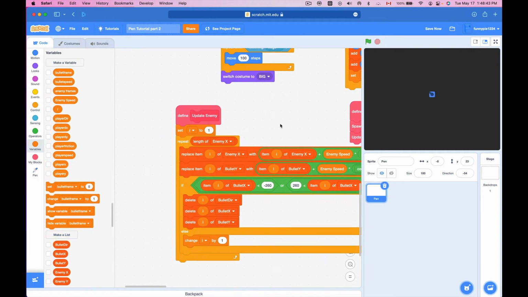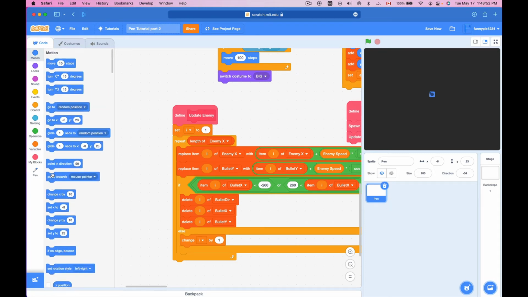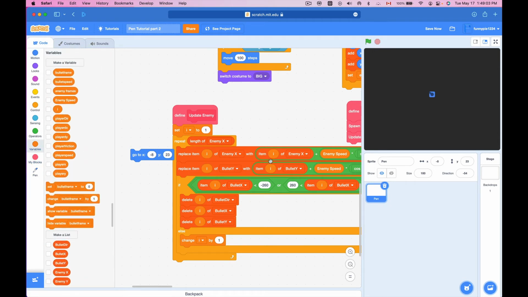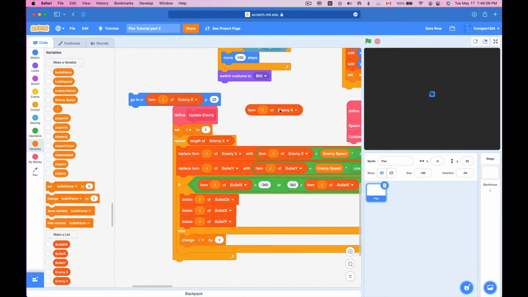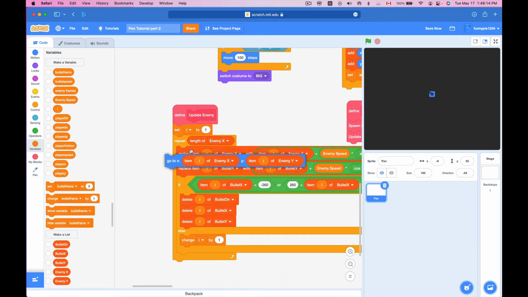Now, of course, we could store this in a list. But for now, since I'm just going to make these enemies go toward the player, all we're going to do is, inside this repeat loop, go to X, item I of enemy X, go to Y, item I of enemy Y, like this, not bullet Y, sorry, enemy Y, go to this position,